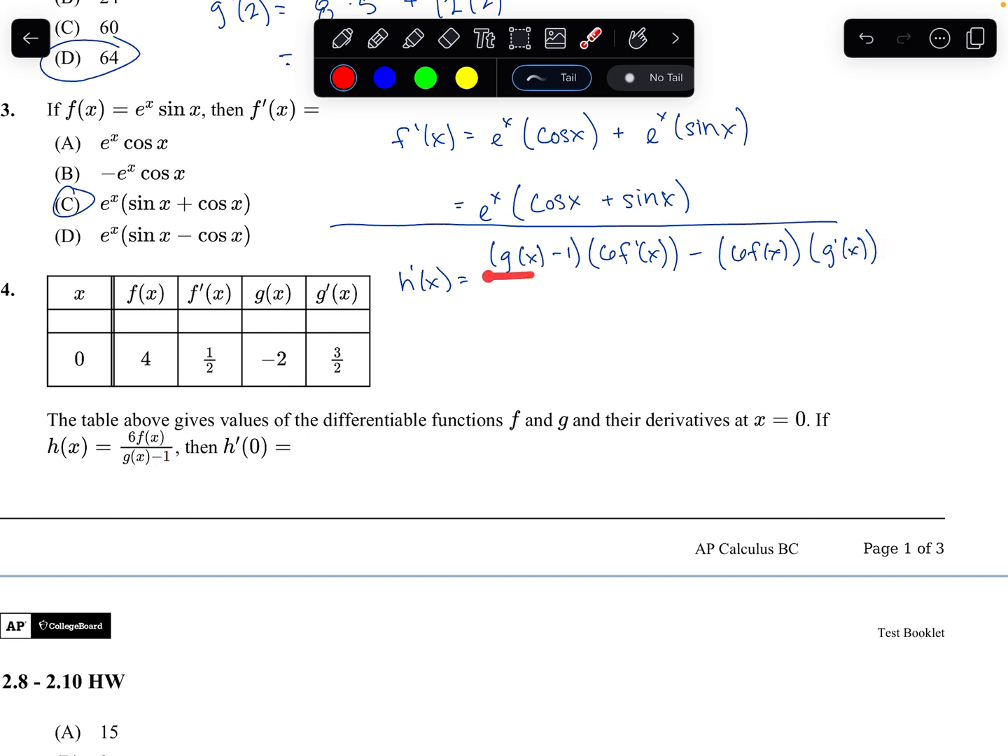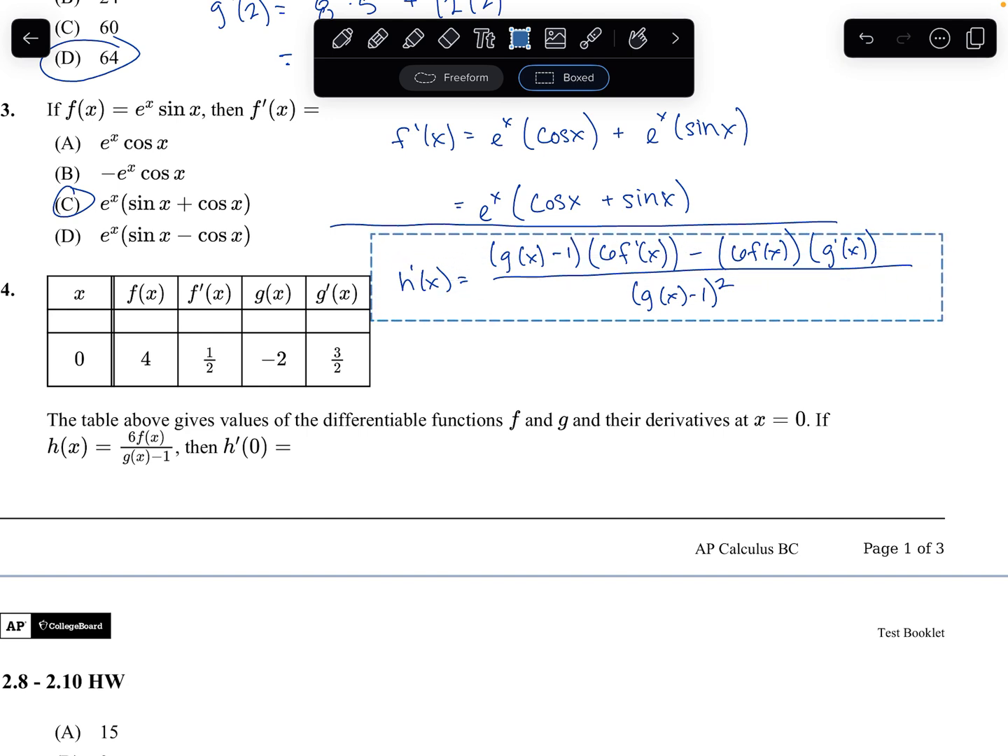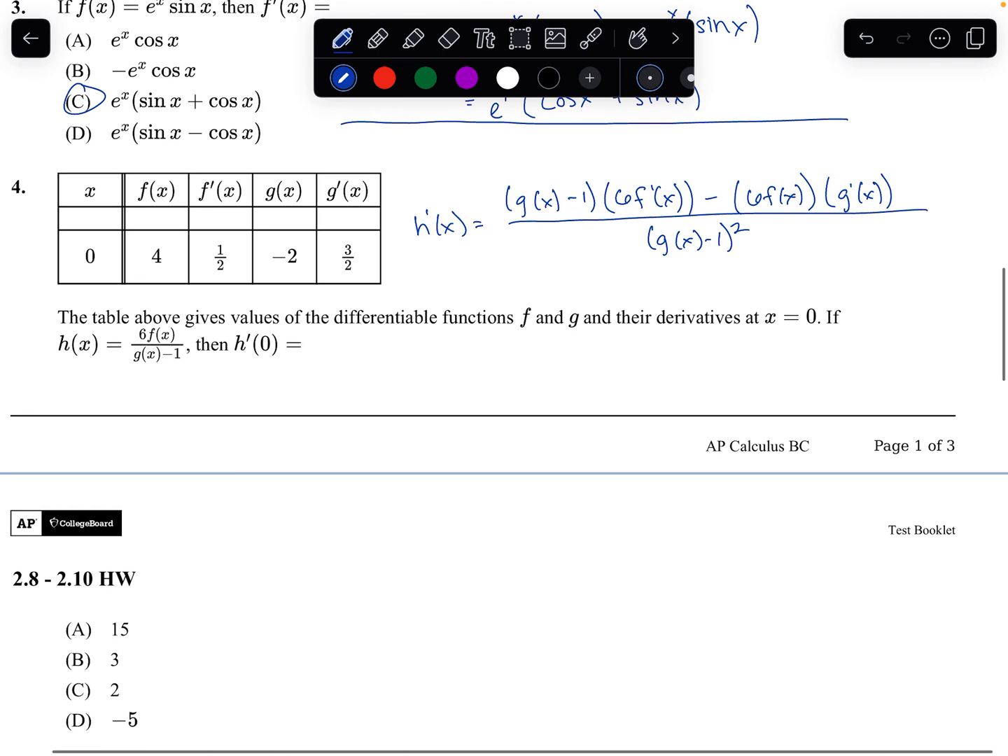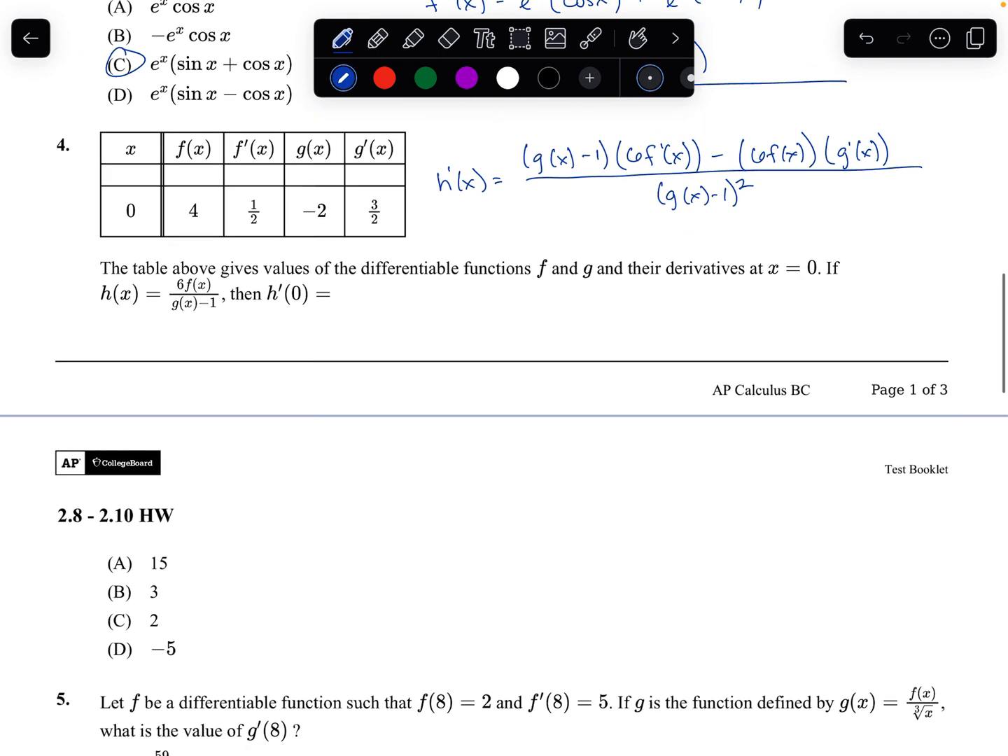So again, we have low d high minus high d low, over the square of the bottom, and away we go. So there is our derivative of h of x, and we want h prime of 0. I'm going to do that down here. So h prime of 0 is going to be equal to